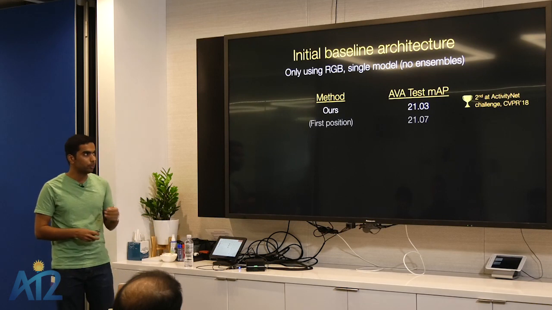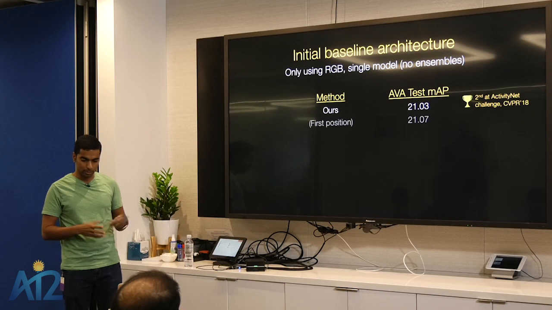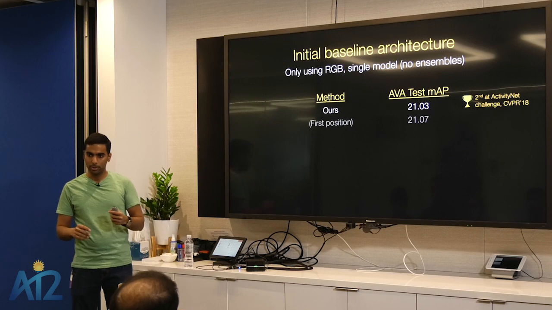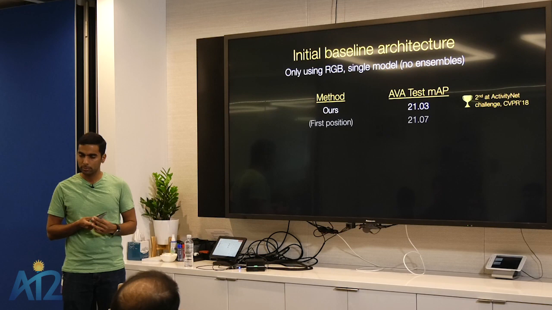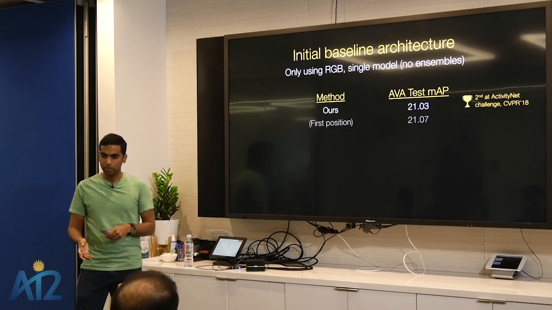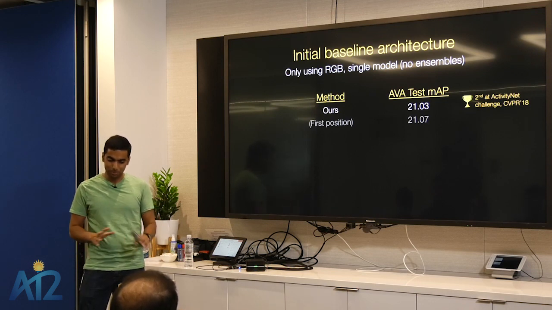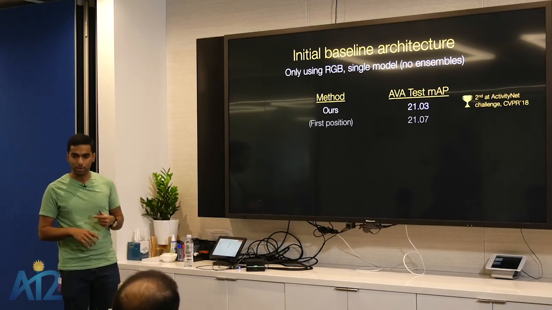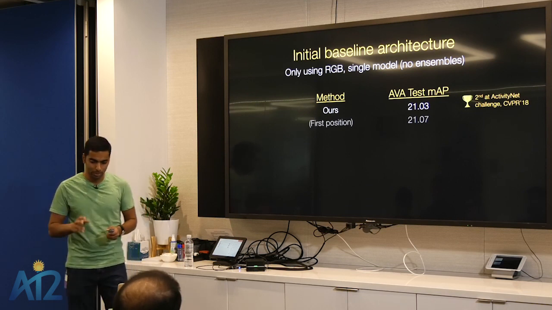All right, so this initial baseline we actually submitted to the ActivityNet challenge last year, and as Ani said, it worked pretty well. It got the second position, and we were pretty close to the first position as well. And this was a completely RGB only model without any ensembles. Question: If you just do Faster RCNN, but you don't do context, how does this perform? The original paper did have that baseline. Their numbers were really bad, around 15% or something. But I think part of the reason is they didn't implement it properly. We didn't actually do an analysis for our method, but I think there would be some improvement with the temporal aspect.